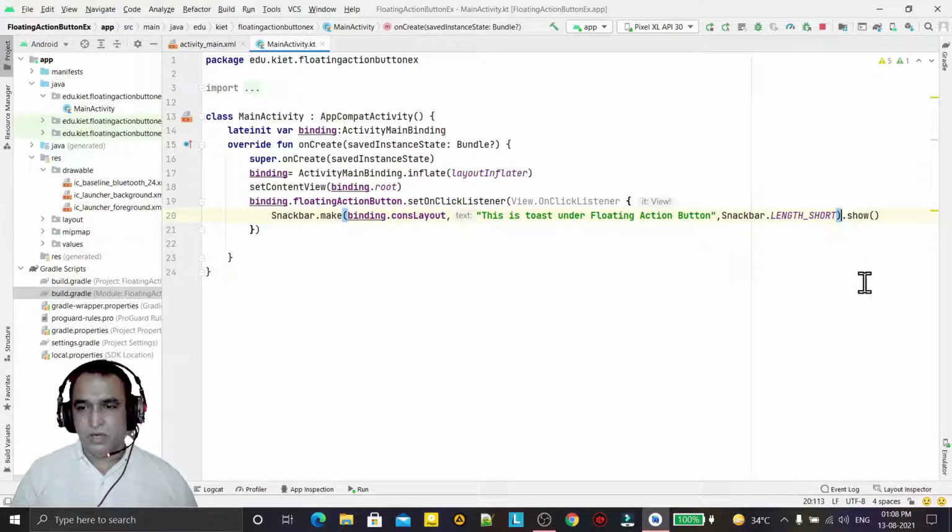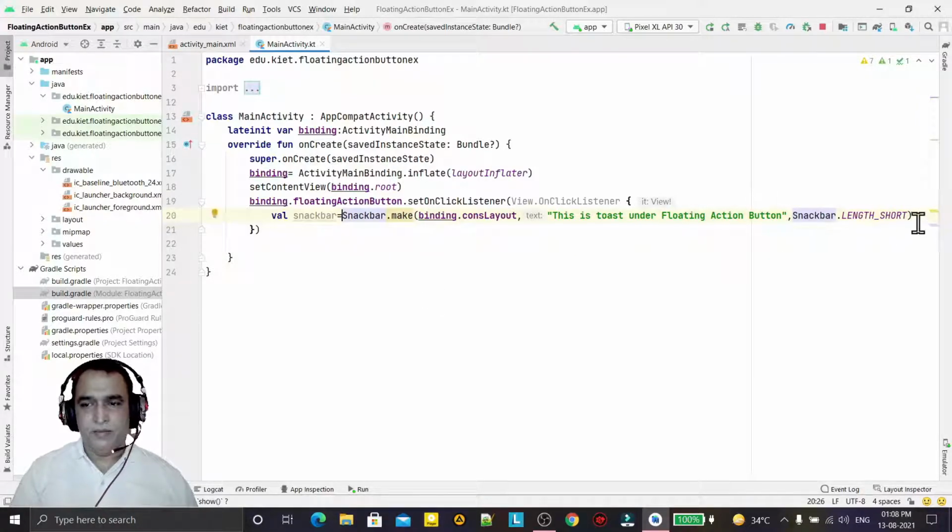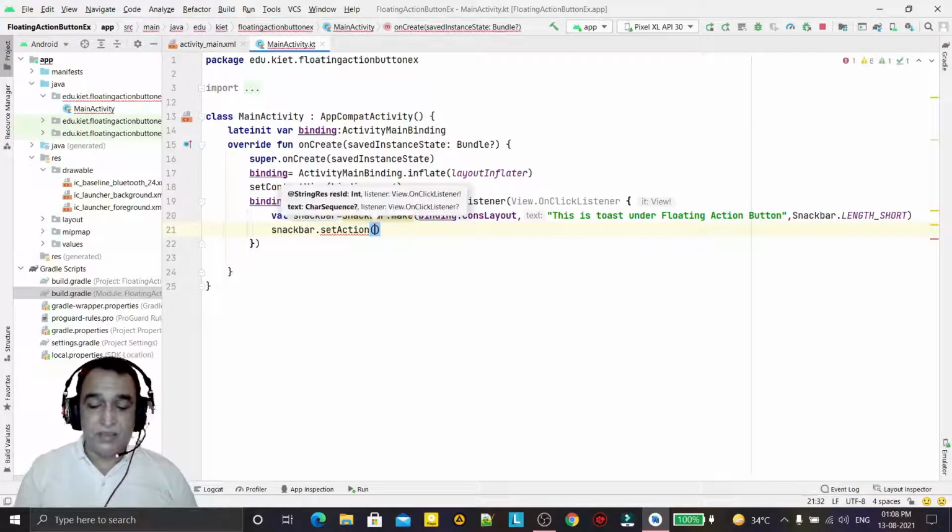So we are not showing it directly right now. We are creating an object, val snackbar equal to this. Before showing it, I want to add an action for it: snackbar dot setAction, and here I pass show toast.